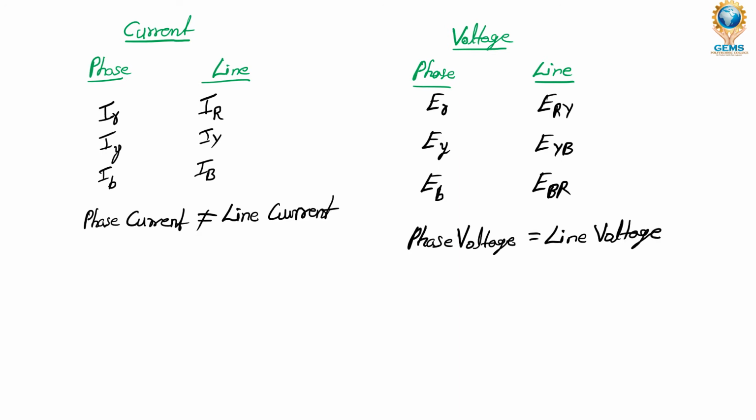I'll make it clear. Here we have the R wire, and next to this the Y is coming. If you see the voltage here, it is ER. This is the line, this is the Y. Whatever voltage we have here, the same voltage is going to come here. That we say ERY. Okay.